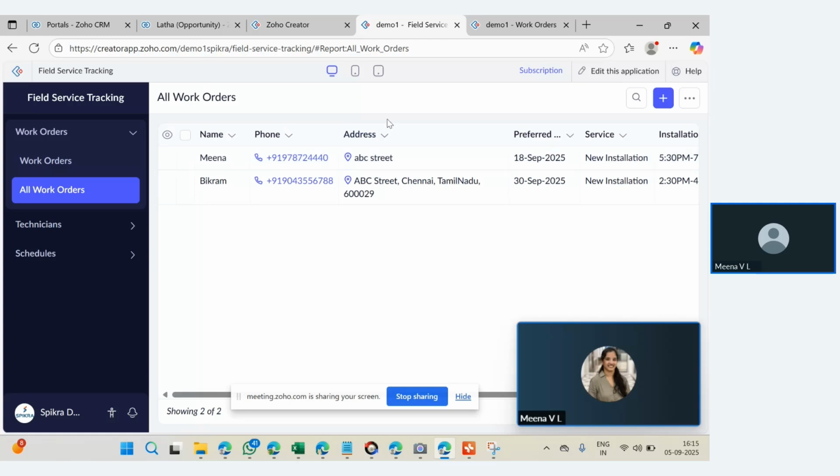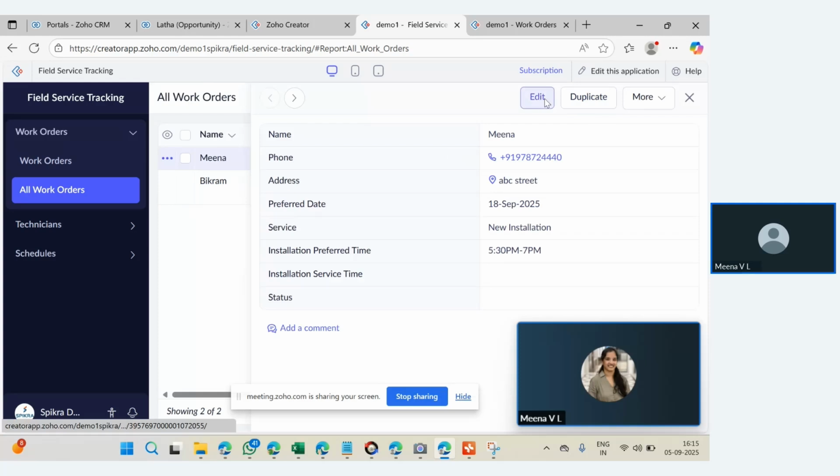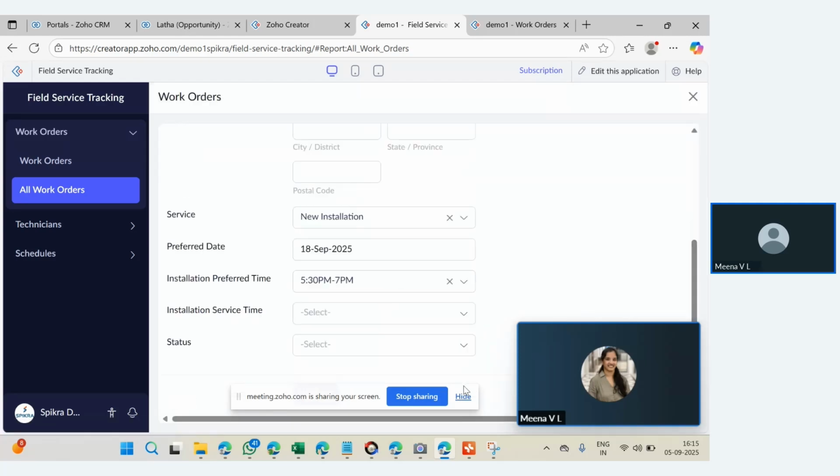And you can have the setup so that once the service is completed, there is a field called status. As and when the technician does the task for us, he will come and update the status. So it can be scheduled, or maybe he fixed it but it is not working, so he has to schedule a follow up appointment, or it can be rescheduled by the customer itself. And if it is completed, and we have crossed the date, we can just freeze this record, so that later when anyone wants to edit, they will not be able to, and you will still have the record for your reference at later points, right? So this would be the work order.